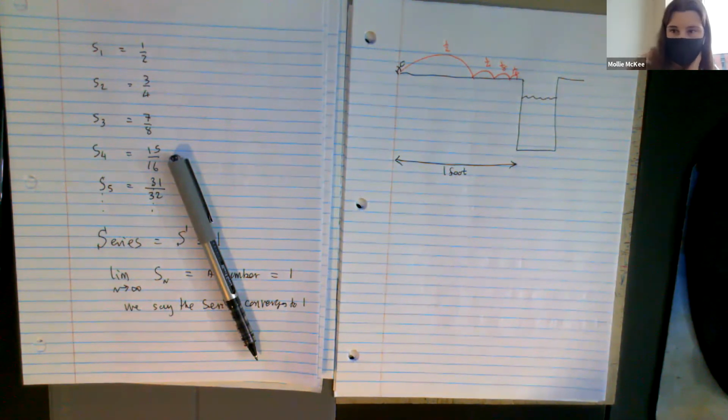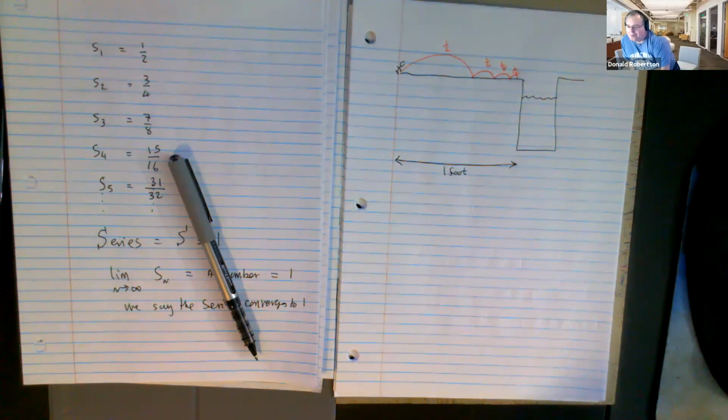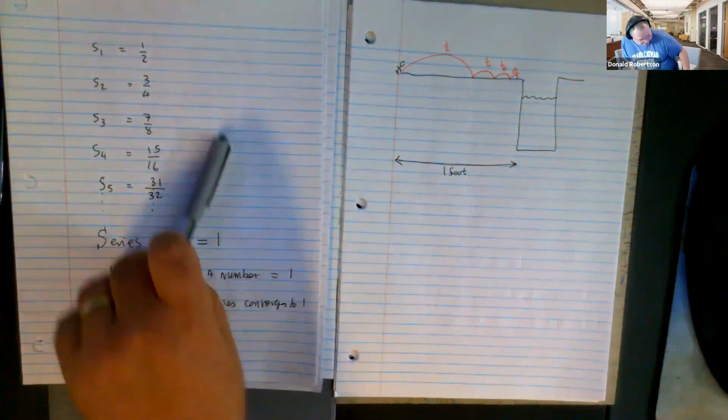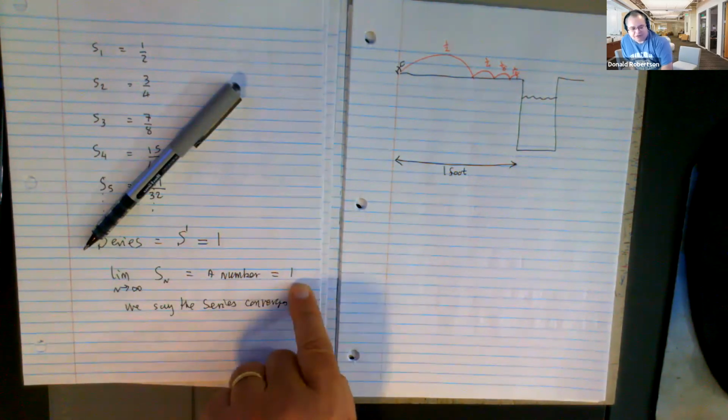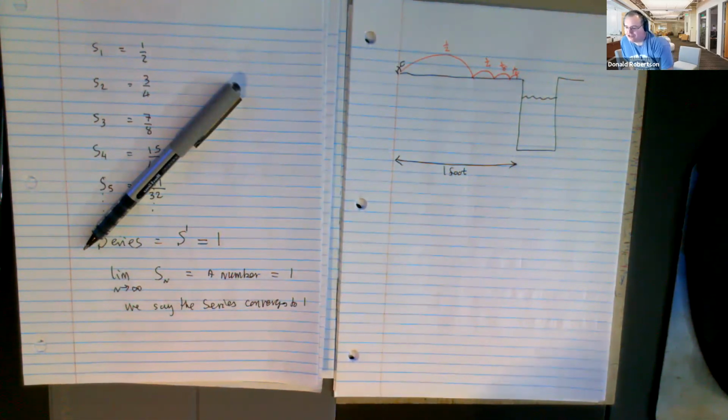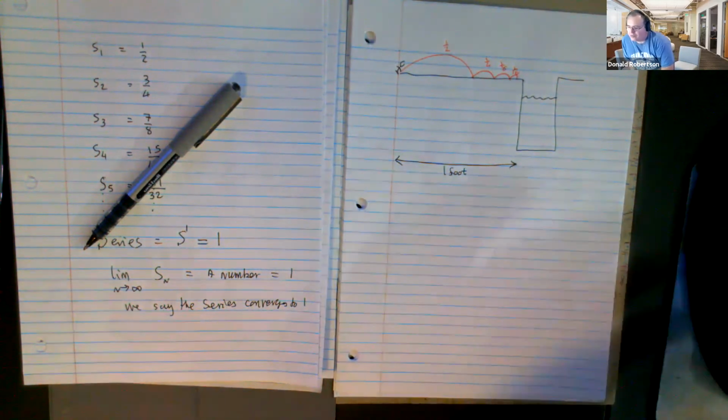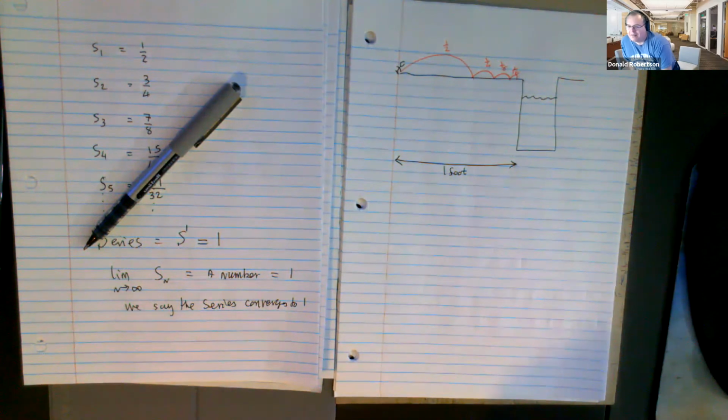Exactly. But the Greeks had a very bad concept of infinity. In fact, I don't think they had a concept of infinity in the way that we do. And what we are saying is not that the answer is truly one. I think, isn't it better to say it converges to one? In other words, it gets as close as you could want to one without doing it. And that just freaked the poor Greeks out, because